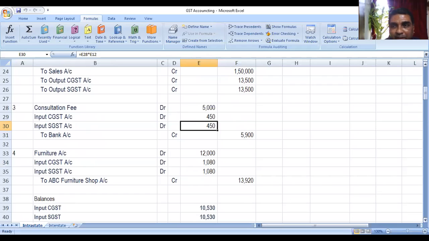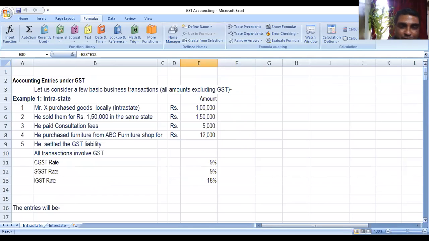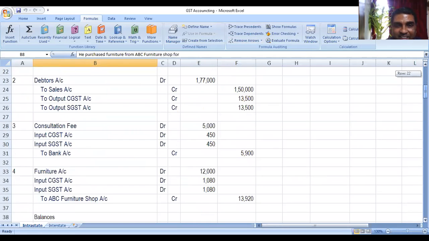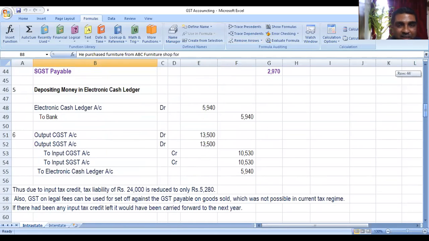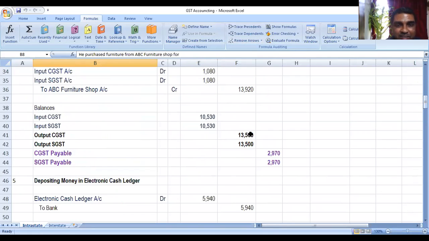Some people also feel that capital asset credits will not be added, or service credits will not be added. That's why purposefully they are included in this question, so that everything will be added. This is for goods, this is for services, and this is for capital asset. All three credits are added. Is it clear? Okay, sir. All credits are added, and if you see the credits, how much credit is available? Let us say this is input credit.